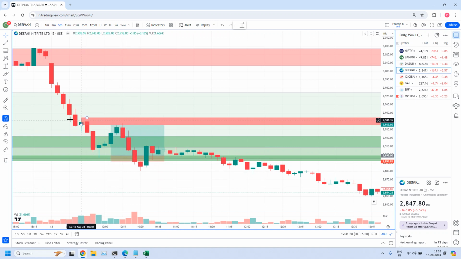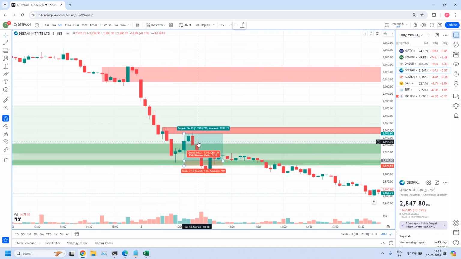For those who exited at this 5 minute zone, rule number 1, why we have to exit: we already achieved more than 1:5 RR. Second thing, from entry to this 5 minute supply zone, we have more than 6% reward, I mean ROI. Considering both these points, looking for this 15 minute target is not really practical, especially from an intraday point of view. That's why this is the area we have to exit.